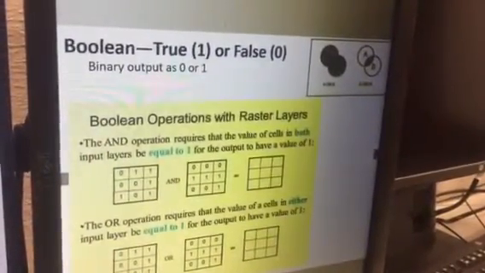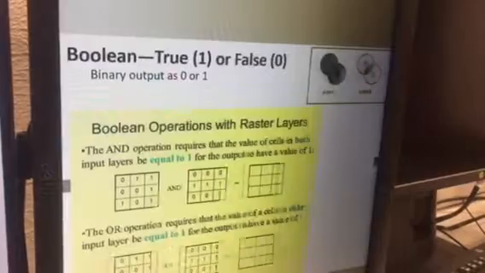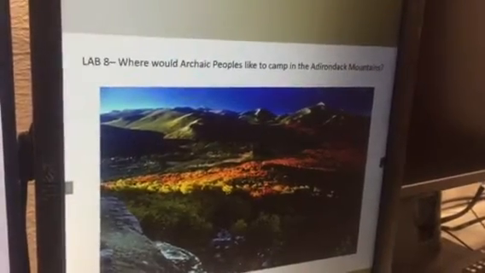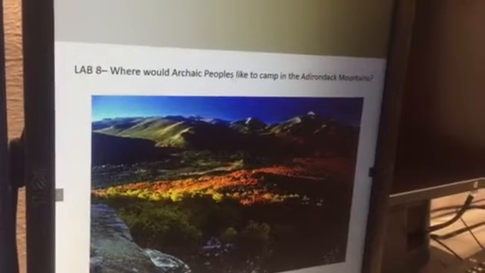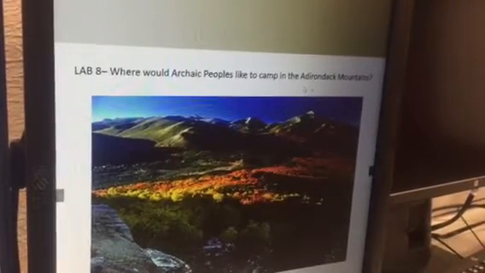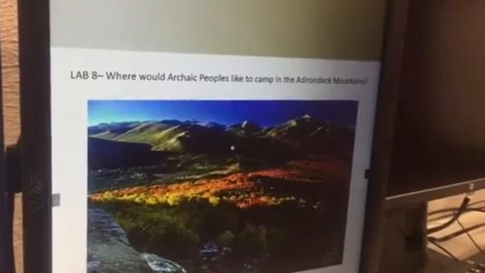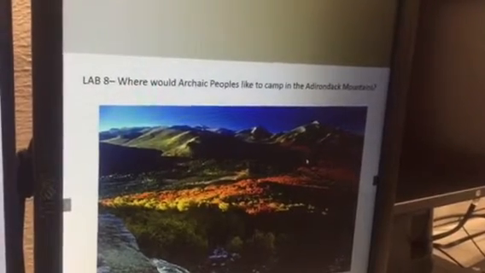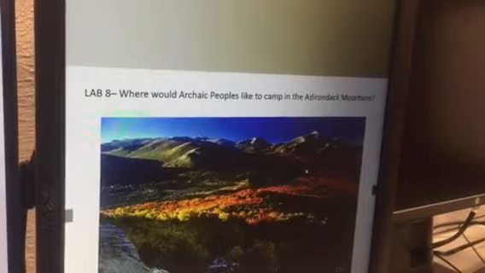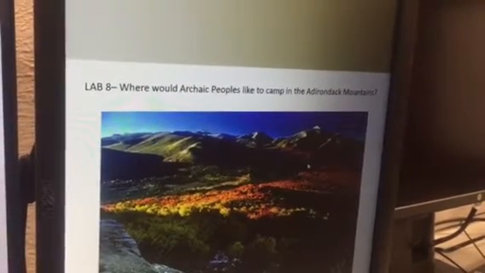And this is the same, true or false value, and we use that to find where archaic people liked to camp in the Adirondack Mountains. So there are several values that we need to find and match to get the exact locations where archaic peoples liked to camp. Like, for example,